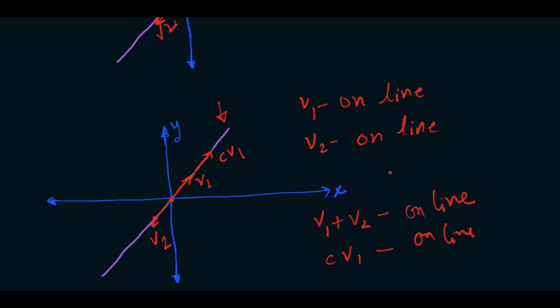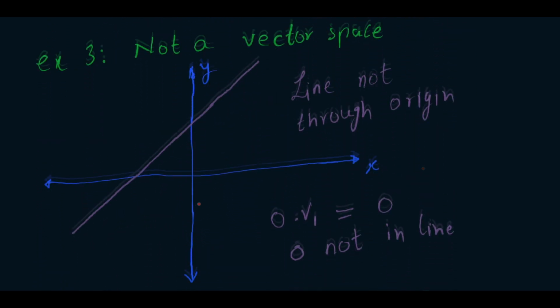So every vector space should also have the 0 in its space, because our c can be any real number including 0. Now let us consider another example. Consider another line. Now this time the line is not going through the origin. So when you take a vector v1 here, this is our vector v1. Now when you multiply this by 0, it gives the answer 0. So this is not on the line. So this line is not a vector space.